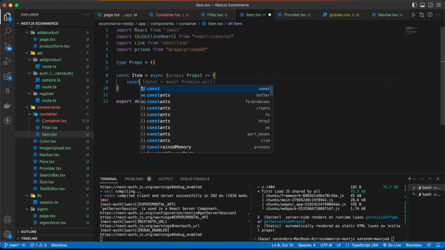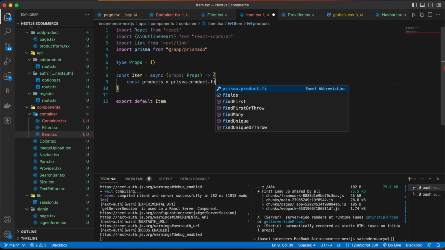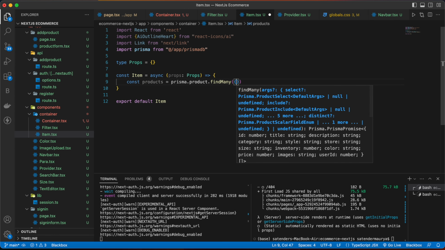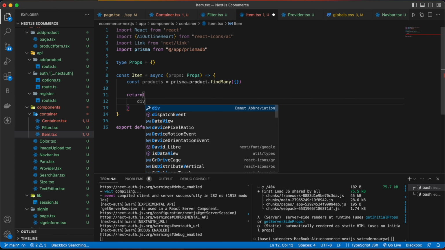So const products is equal to prisma.product.findMany, and write return. Inside that write a div.